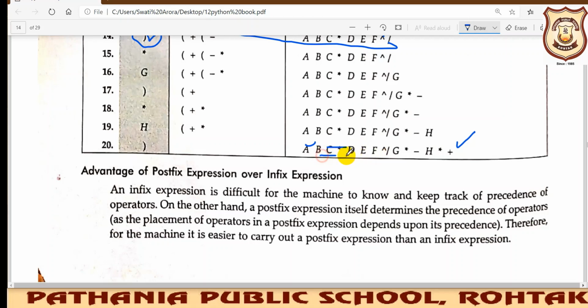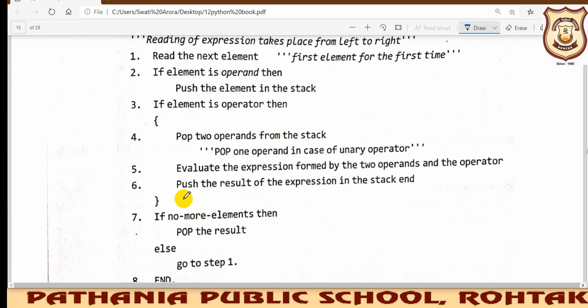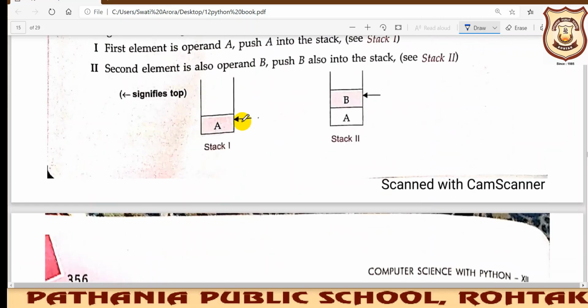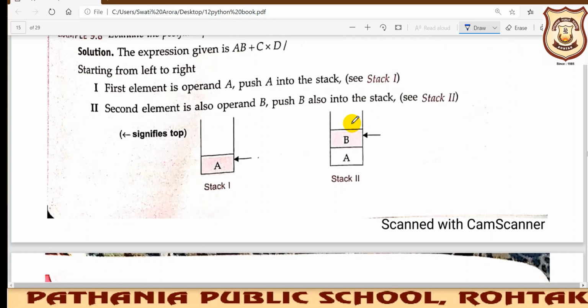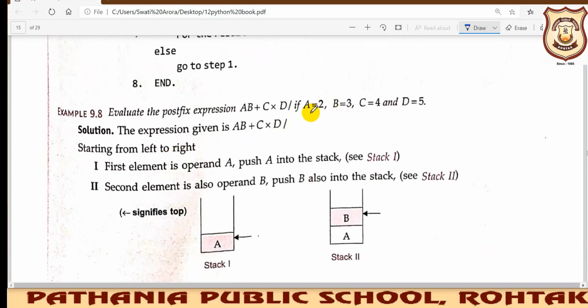The values of all these variables, a, b, c, d, e, f, g, h, will be known to you and you need to calculate the value as we have done in this particular case. So this is the algorithm for it. Let me show you, we have already done this type. Actually this was also, see, this is the evaluation. They have given you the values for a, b, c, d, whatever variables or operands they have used inside the given expression.